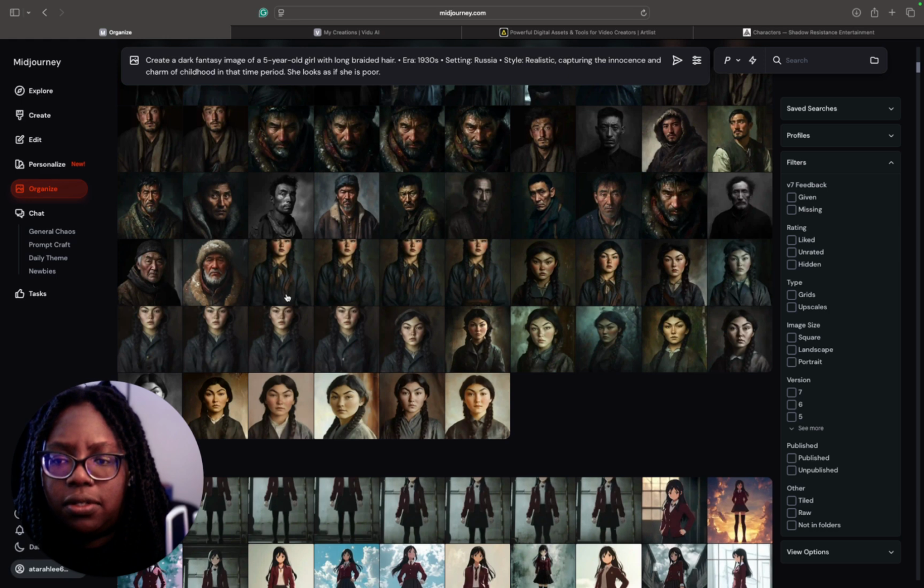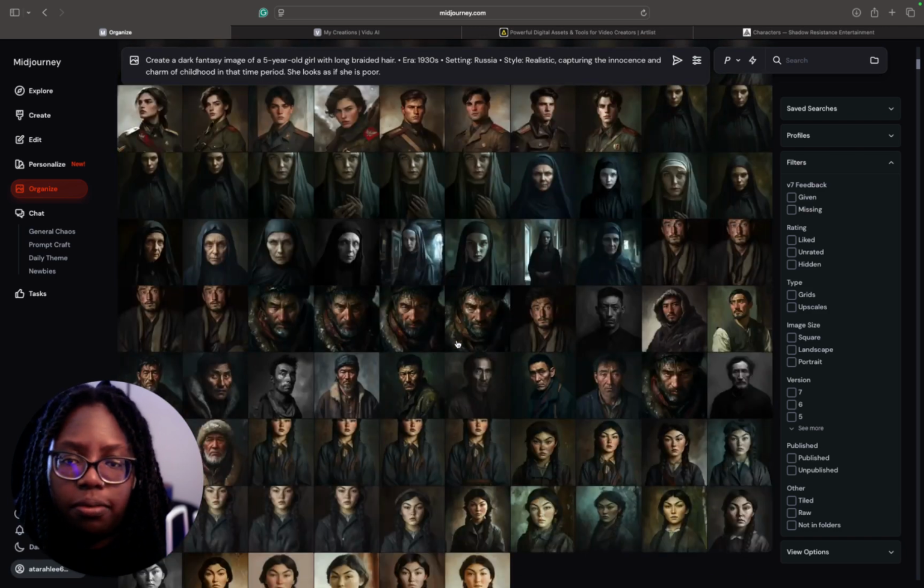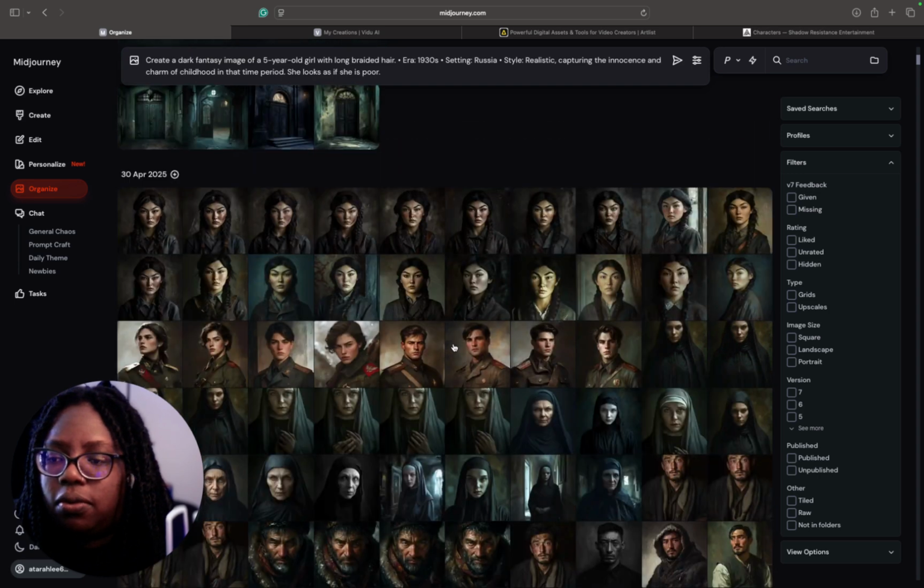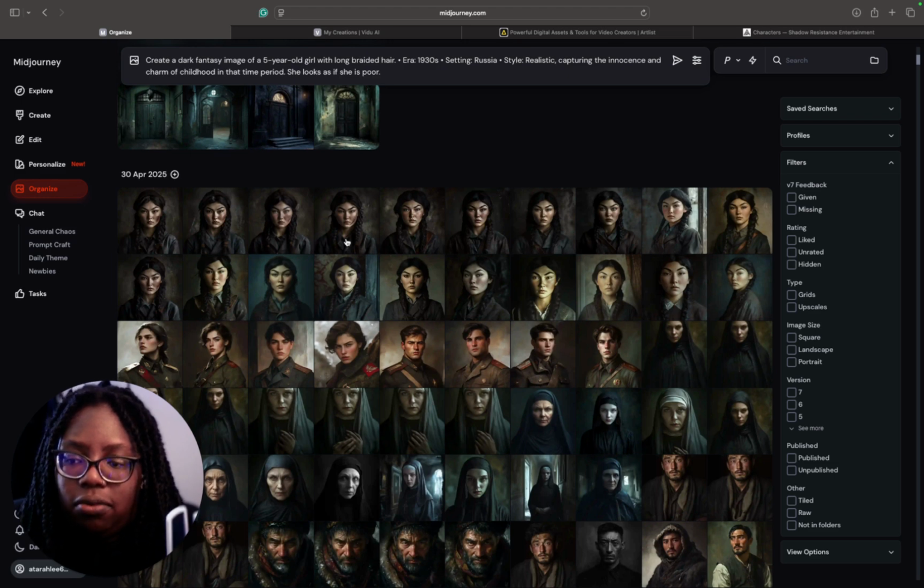But I also wanted to create another image of the same character, but I wanted her to be older. So if we scroll up here, I'm just going to show you which picture. Basically, I was trying to find the perfect picture for the character, a picture that would be realistic to showing the older age of the young girl. I didn't want 3 completely different images of someone, I didn't want it to look like 3 different people at different ages. I wanted it to look like 3 ages of the same person.